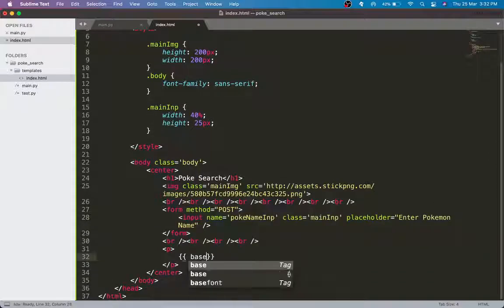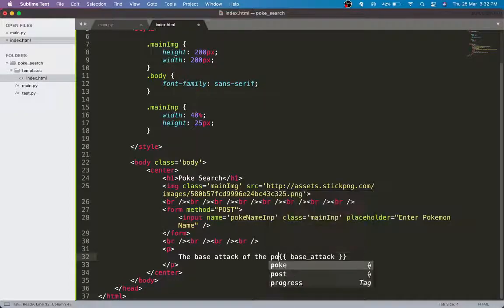Base attack, and I will have this: the base attack of the Pokemon is,